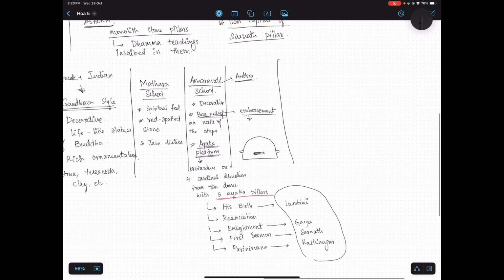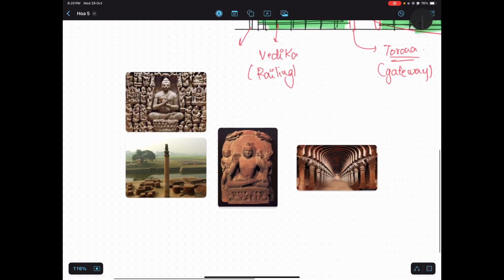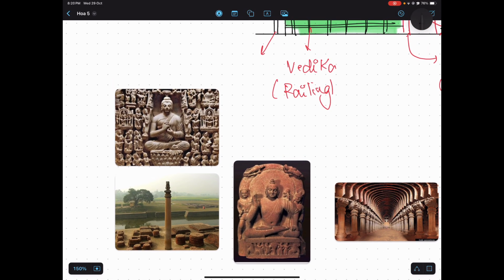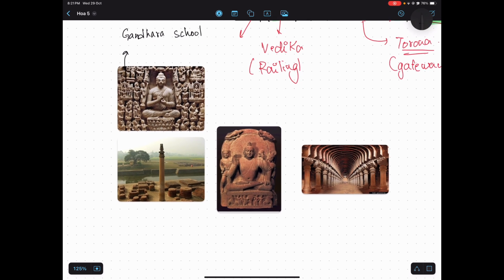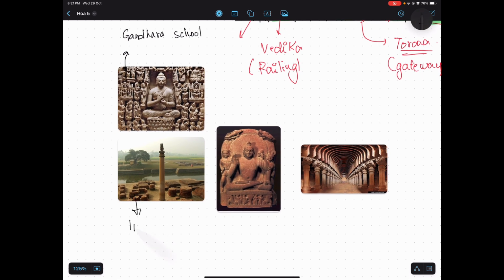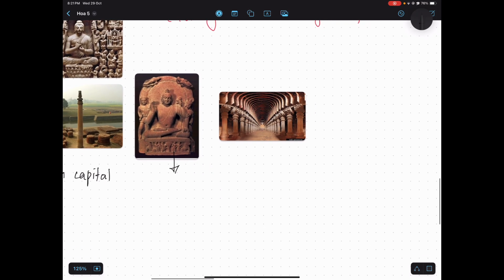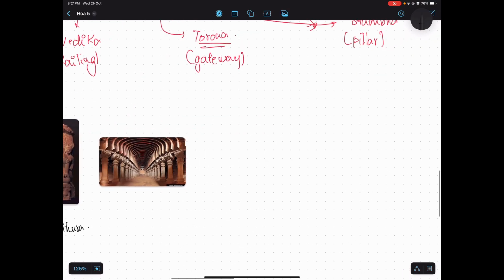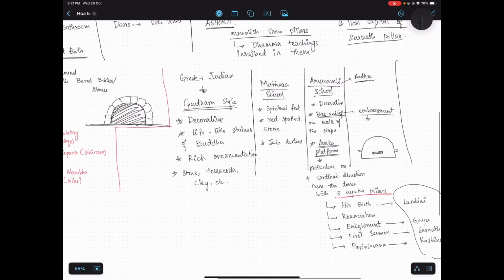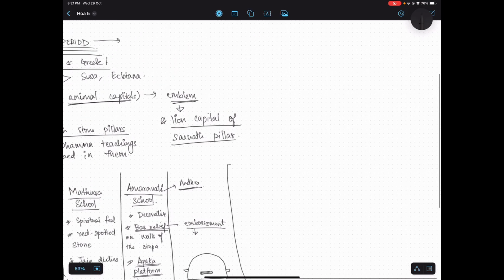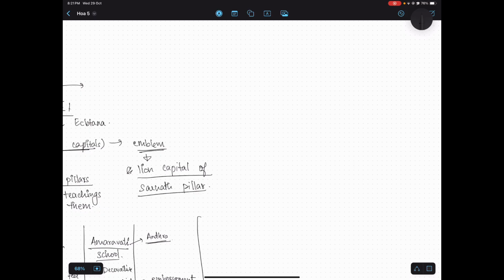But before that, you can see this is Gandhara school. And this is our lion capital. And this is the red spotted stone from the Mathura style. The Amravati is ruined now, so you can find sketches of how it used to look online. Then we can move on to